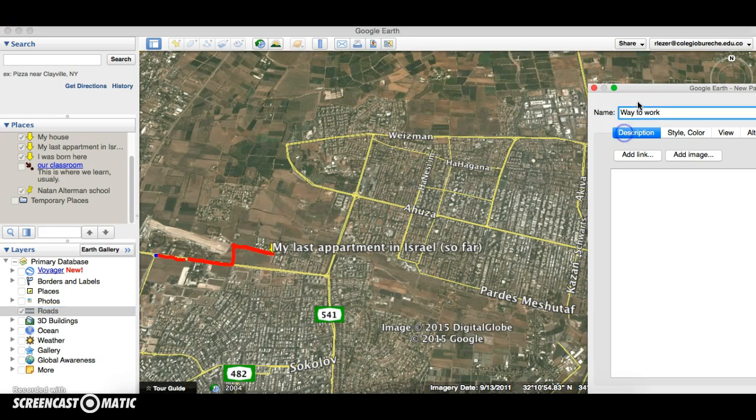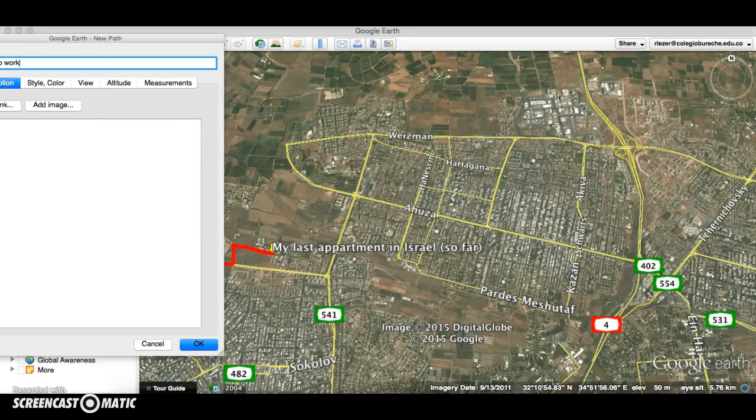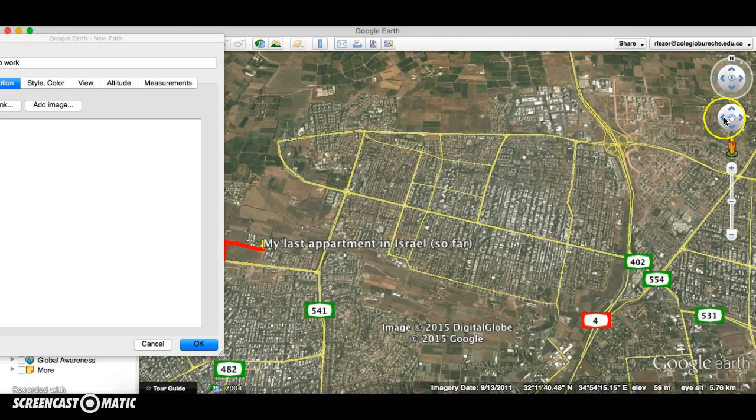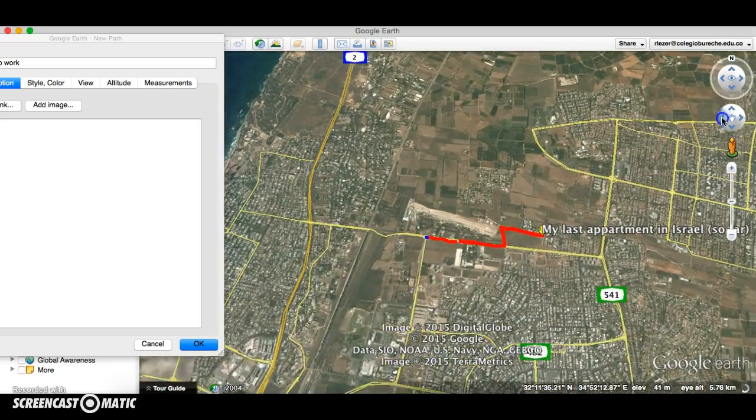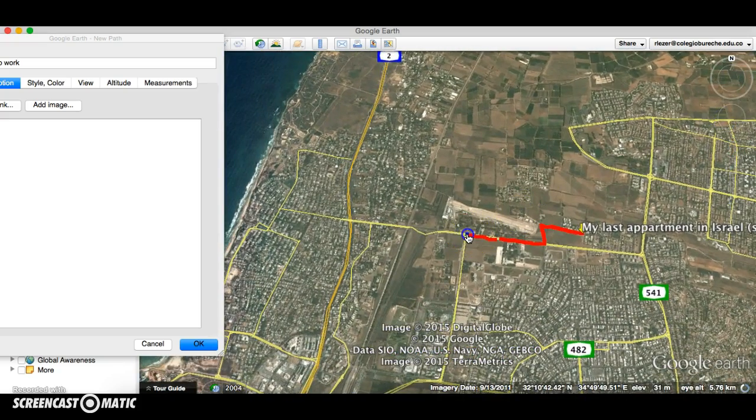I want to move this a little bit so I will be able to navigate. Let's move this way, right here, and I'm continuing. Oh, sorry. Here I am. So here's my way, turning left here,